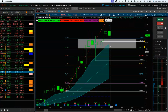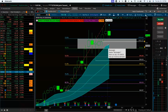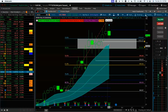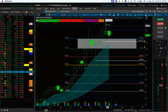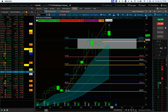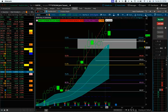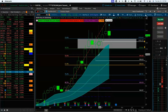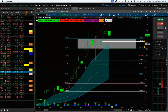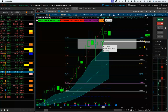So, NVIDIA is a stock that I own personally in my long term accounts. I own equity in this stock, and I have trimmed that equity. And now I'm looking for areas to add back into that equity. And this zone here, as well as the demand zone. So the bull channel and the demand zone represent an area that I'm looking to add back into my equity